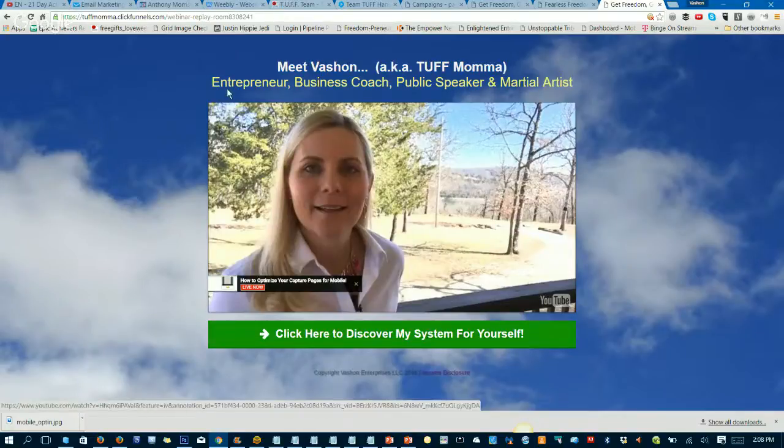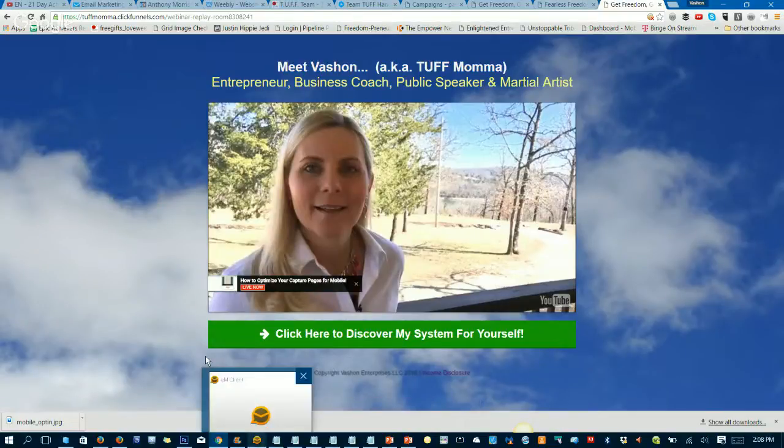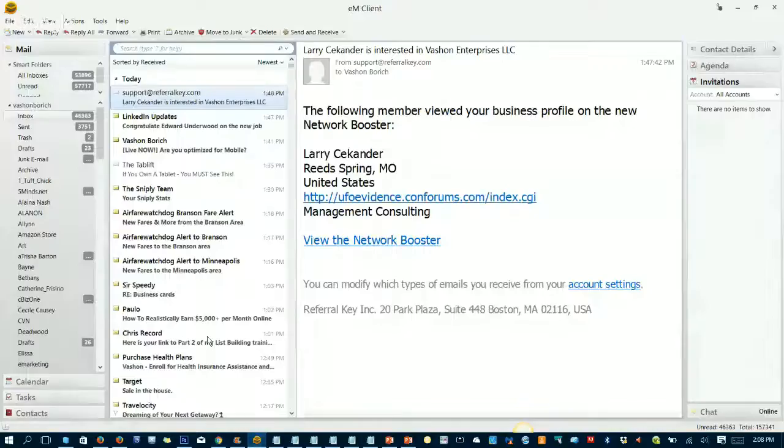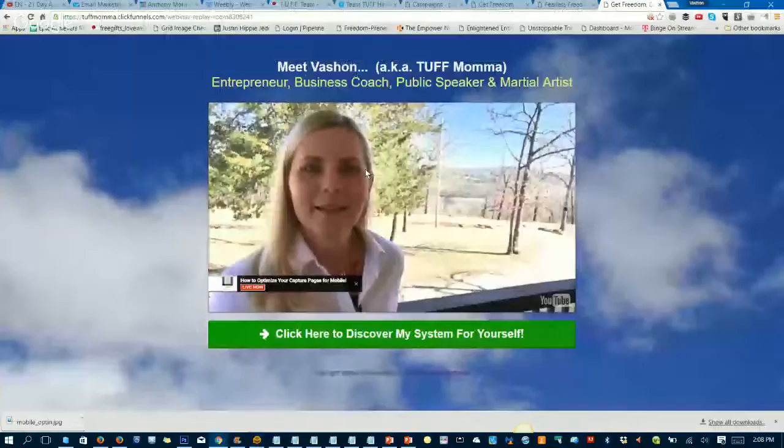Cool. All right, so it seems to work. The only thing I would need to check then is in my email to see if I got a notification. I think I canceled it though. Yeah, I canceled the notification when the email came up. I just canceled it, so I'm not going to get a notification. But always, always, always test things out to make sure they work using your own email account before you start promoting something to the public. So let me go back.